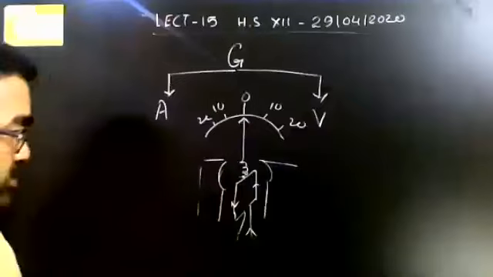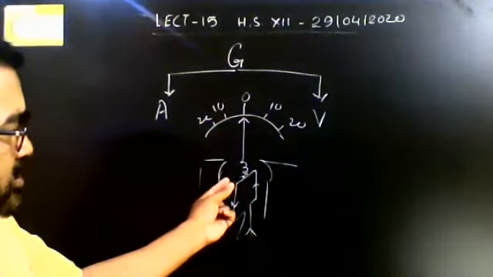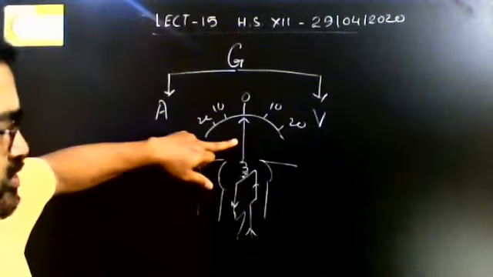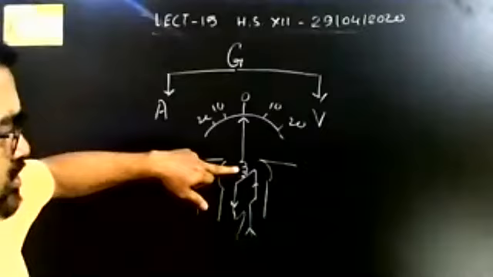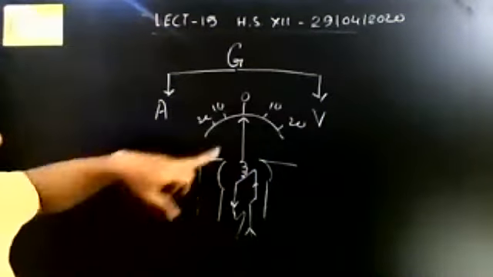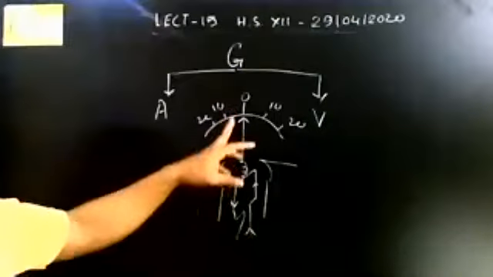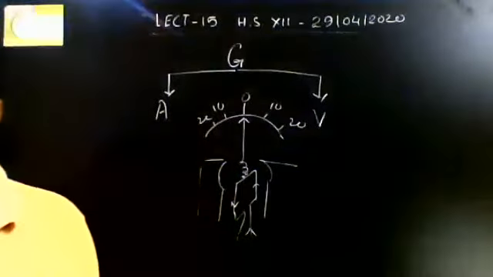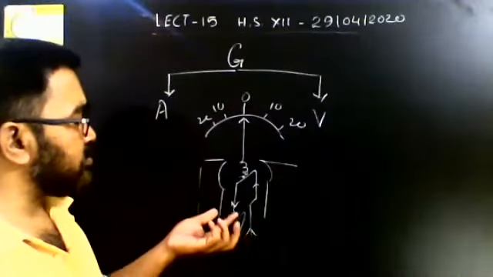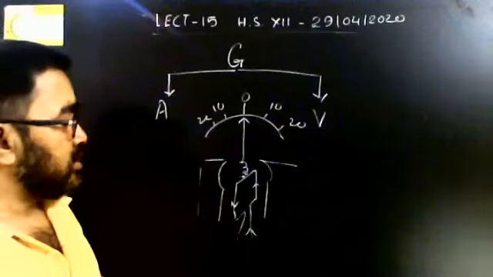So this action, when it rotates, is transmitted to the pointer. As soon as the spring rotates, the pointer also rotates. The pointer gives deflection either right or left. Okay, it depends upon the direction of current. So this very action can be utilized to construct ammeter as well as voltmeter, right?